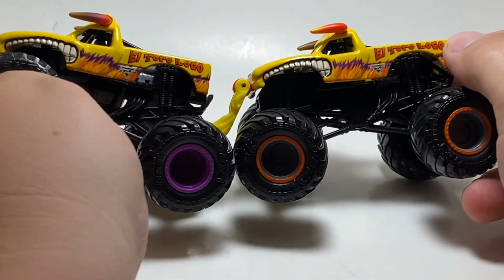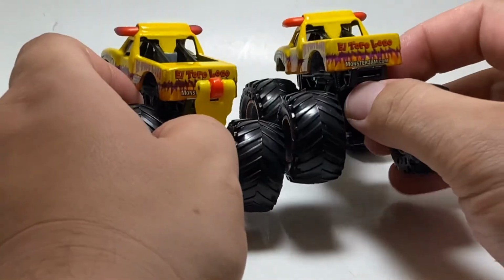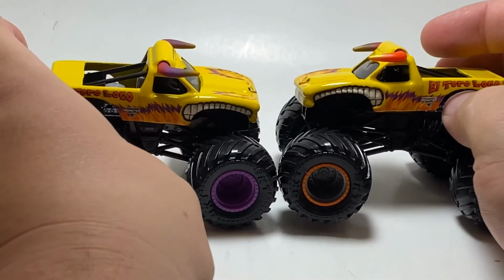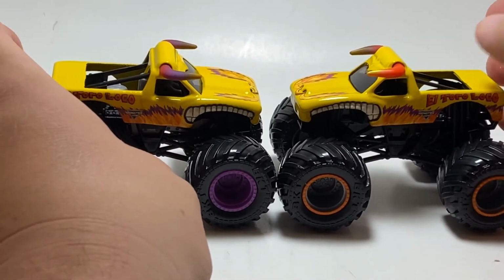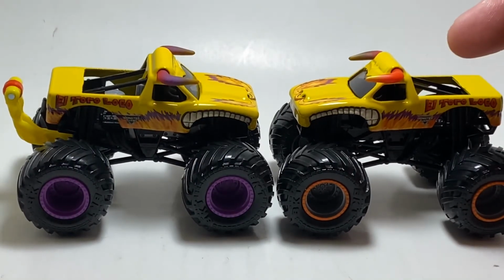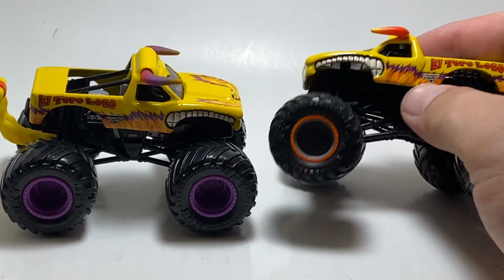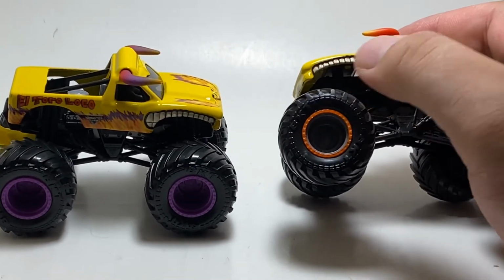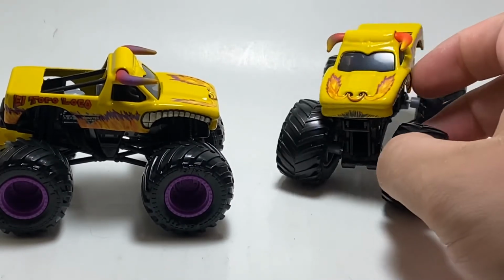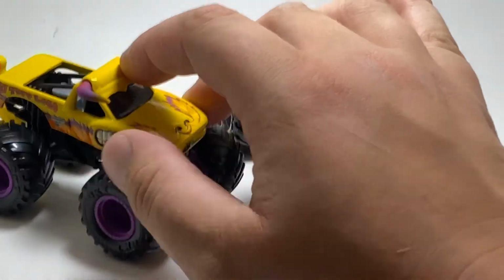Yeah, they got the same flame, same Monster Truck logo, or Monster Jam logo. I mean, it's totally the same truck. Out of the whole 5-pack, I would say this El Toro is probably my least favorite. I do like the rims, and like I said, this 5-pack is a customizer's dream, because this is the only truck with the BKTs, but it does have that orange bead lock and that gray rim. I mean, honestly, this is probably my least favorite out of the 5-pack, and I